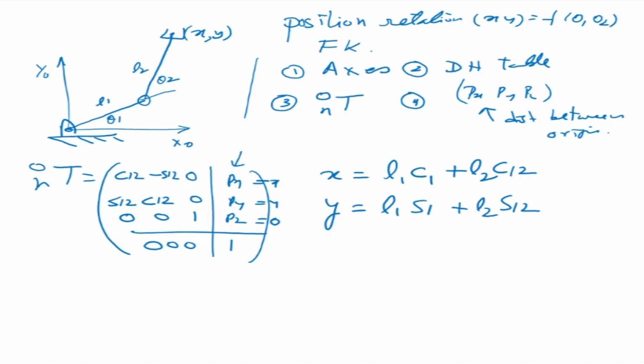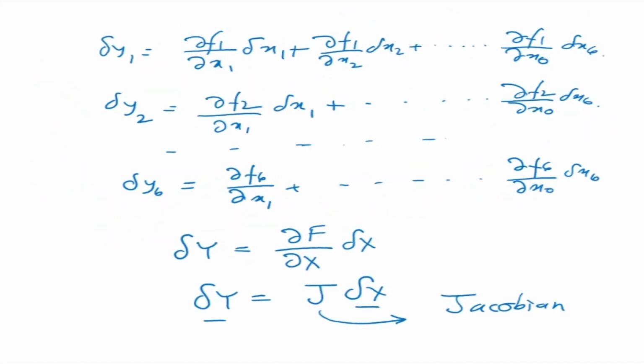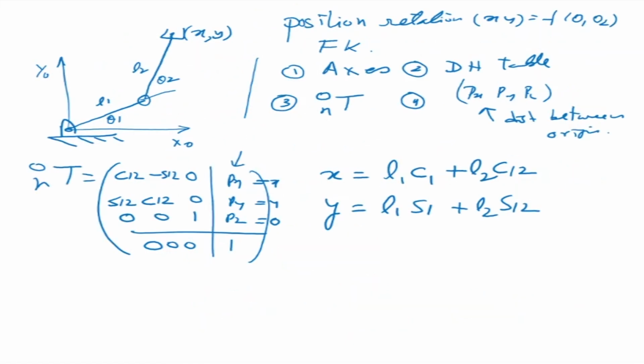So x, y is a function of how many variables? Theta 1 and theta 2. Just following exactly what I've done here, you can imagine this to be a function of theta 1, theta 2, then theta 3, like that. So first we take the derivative with respect to theta 1, then the derivative with respect to theta 2, and proceed. Okay, taking the partial derivative. Here there are two thetas, theta 1 and theta 2. First I take the partial derivative with respect to theta 1. Okay, this contains only theta 1. Then I take it with respect to theta 2. Now this contains theta 1 and theta 2.